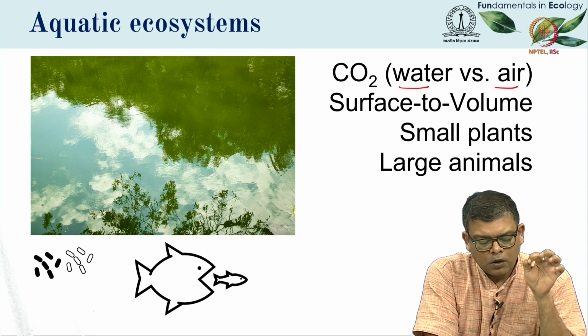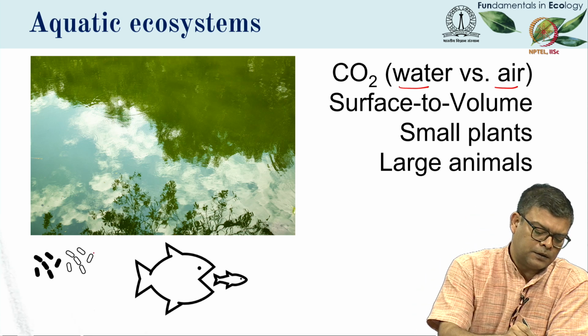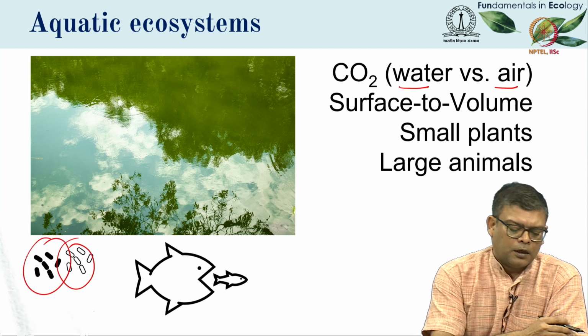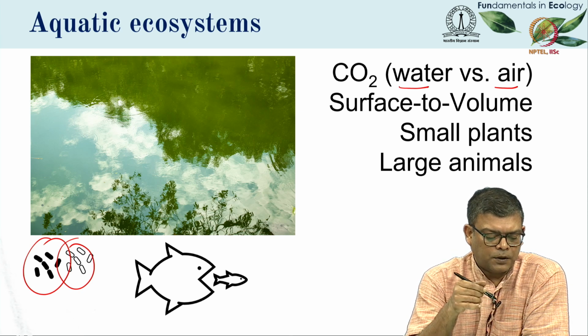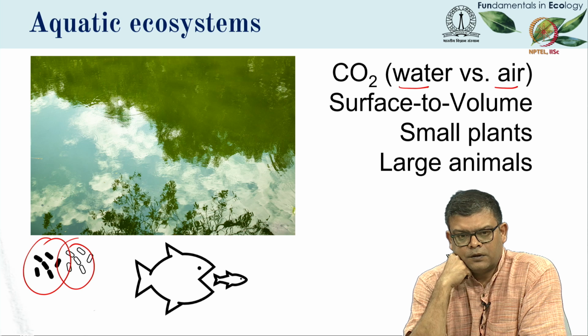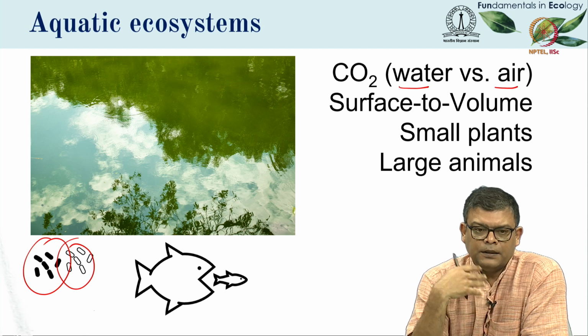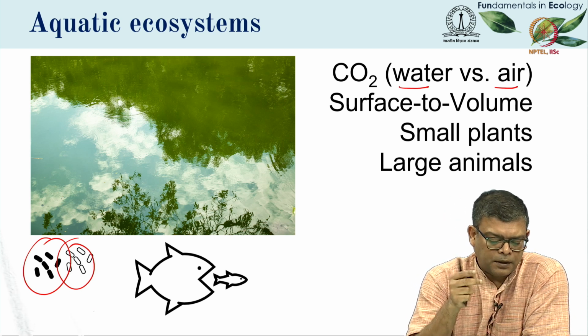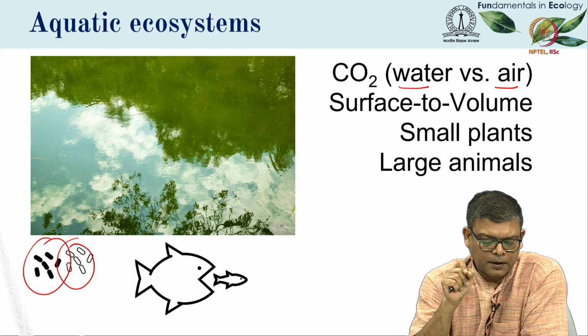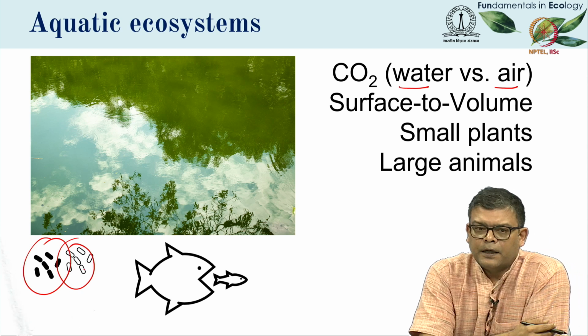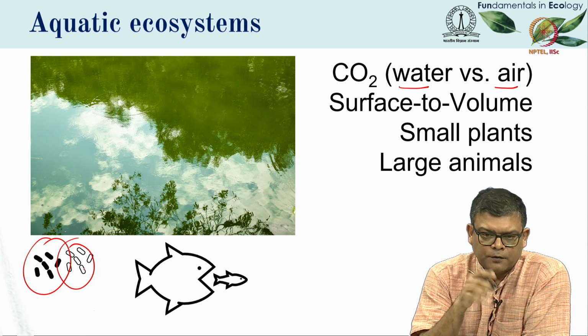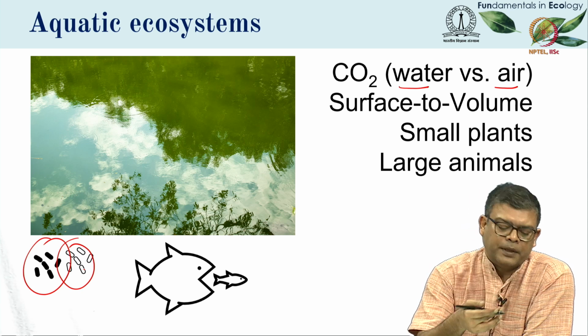So if you are a small single-celled organism such as photosynthetic bacteria, you have a relatively large surface area and a small volume. So most of the primary producers in the water are algae and bacteria and cyanobacteria that are often microscopic. And in contrast, the food chain contains animals that are much larger. So you have small fish, big fish that all depend on the algae.